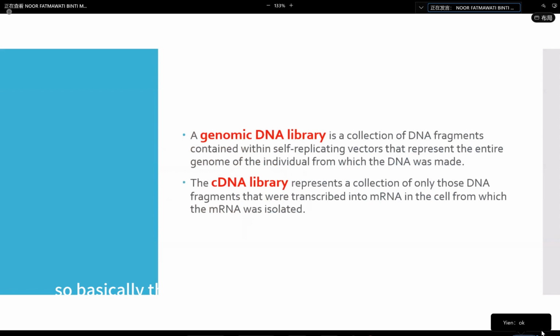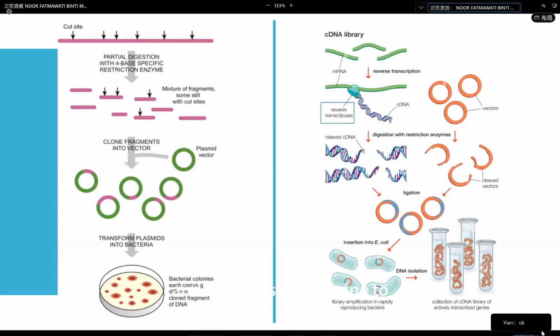So basically, these are the difference between the two. And this is just to help you imagine the difference between the two. For a genomic library, you extract the genomic material, you clone it into a plasmid, and then you transform it into